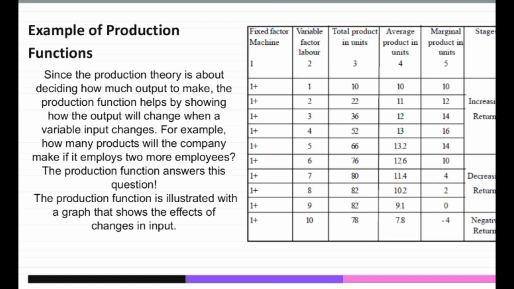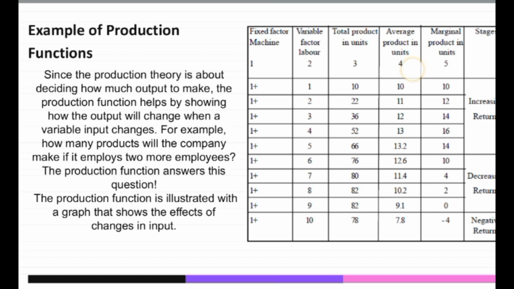Here we will look at the production function example by the table, and then in the next slide we will look at the graph. Here we can see that I took the example of a fixed factor, machine. A fixed factor machine is, as you know, fixed. It is important, it is key in any production function, so it is fixed. The variable factor labor is increasing one by one, and the total product in units is, we took an ambiguous example,